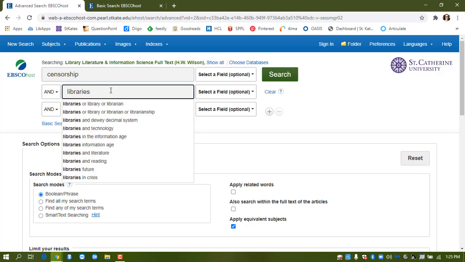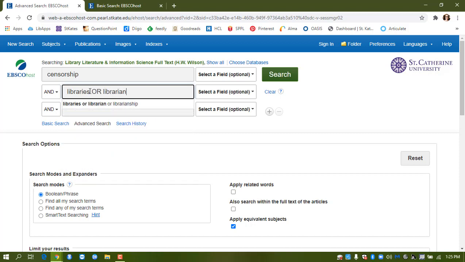And I may also want to think about the role of librarians in terms of combating censorship, for instance. And so if that's the case, I would want to group libraries and librarian into the same search. And I would separate them with OR. And this will search for articles with censorship within the record and either one or both of these terms, libraries or librarians. So I'll click search,